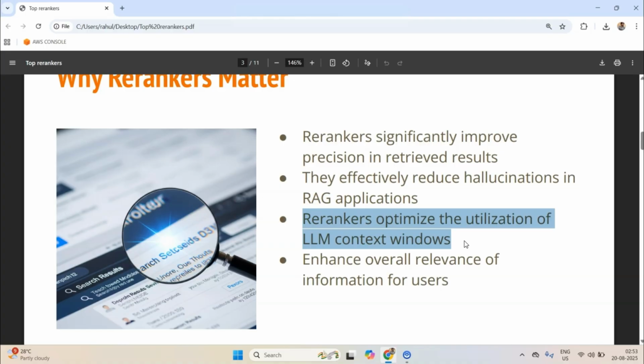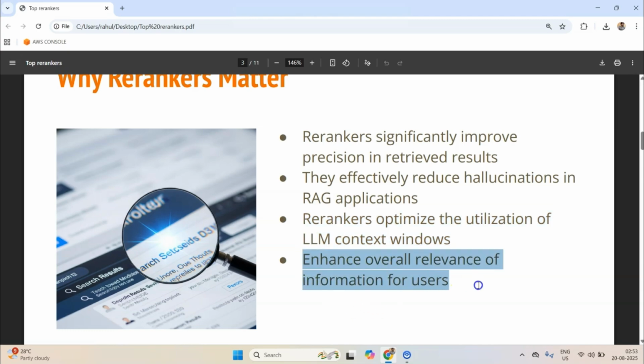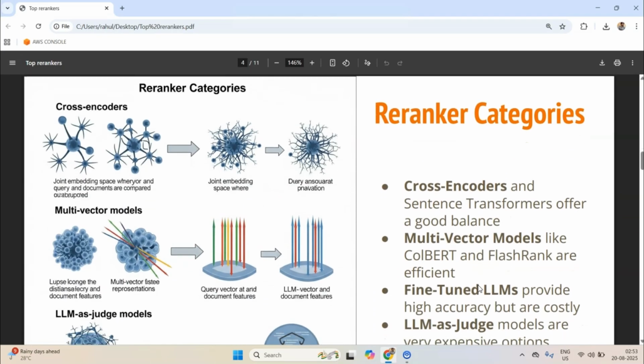Also, we have seen in many research papers that flooding LLMs with more context actually decreases the performance. So we want to optimize the prompts that we write. Hence it enhances the overall relevance of information for users. Now you can think of re-rankers as just like Google search. You don't just want the results, you also want the best ranked results.